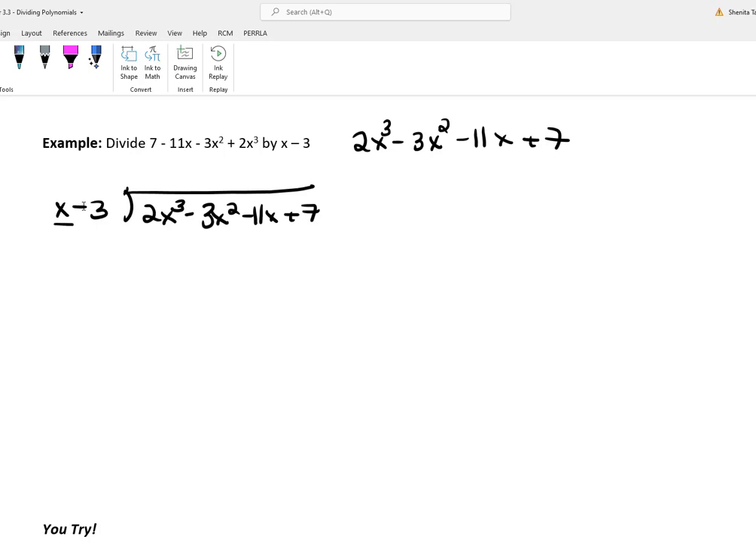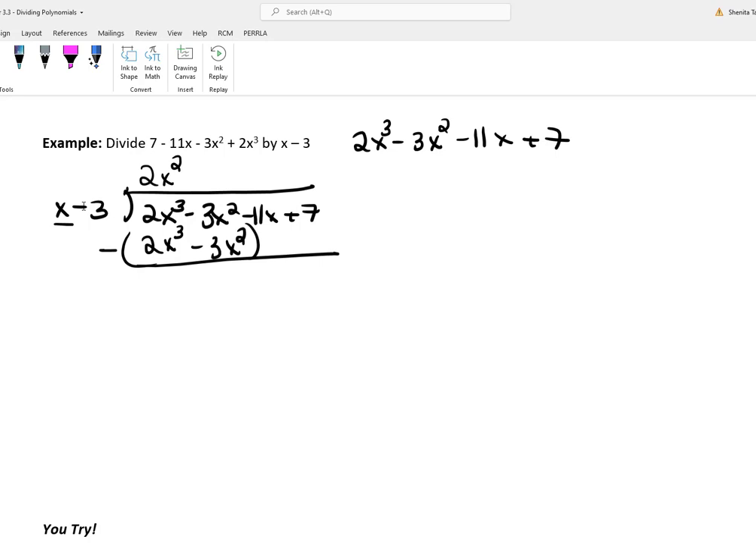So you look at the first term, you ask yourself, how many times does x go into 2x cubed? That would be 2x squared. When I multiply it out, I get 2x cubed minus 3x squared. Subtract it off. 2x cubed minus 2x cubed is 0. Negative 3x squared minus a negative 3x squared should give you,